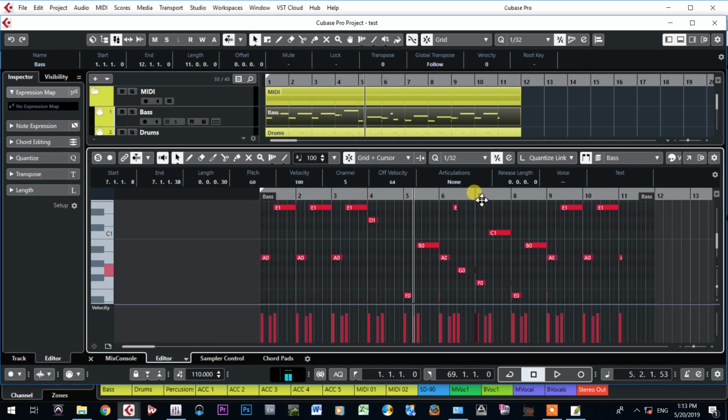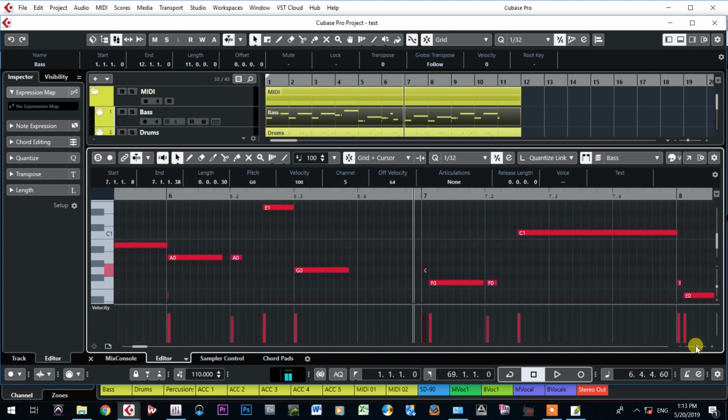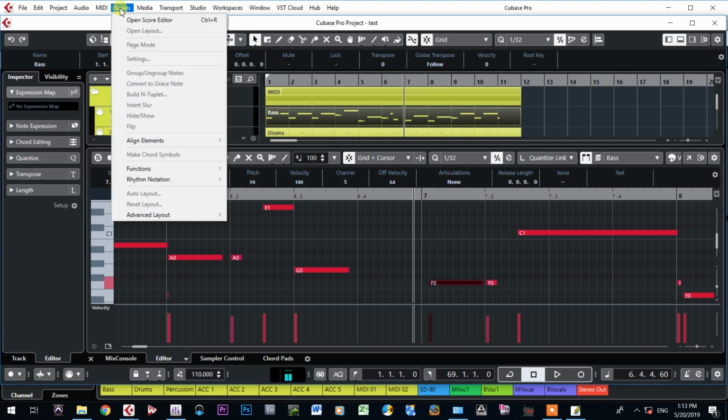Look at that sound, because I was a little bit late when I changed chord. So I can get rid of this sound, just erase it like this,